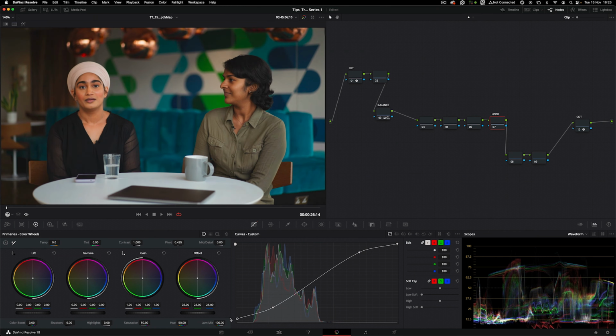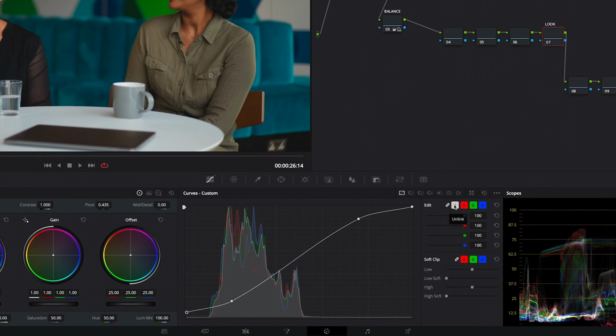Maybe this is too soft. There we go. Maybe we can crush the blacks a bit more there, and now leave them so that they're a bit more milky. There we go. But here's the tip. So by having all this linked,